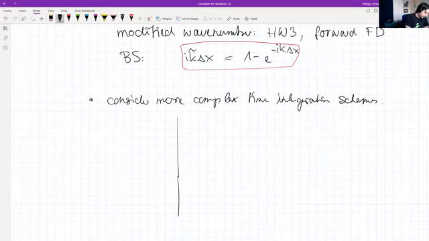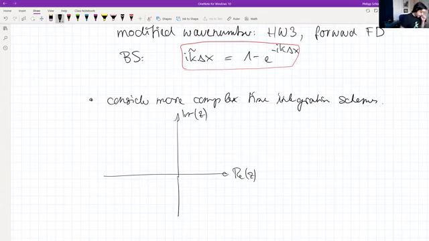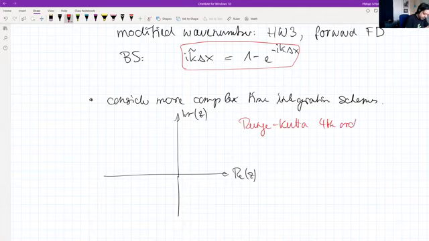So if you plot again, this is the same plot. We have here the real part of Z, and here we have the imaginary part of Z. And if we now plot an RK4 scheme, Runge-Kutta of fourth order, which you will look at in homework, I guess homework number 4, if I remember well, where you look at the absolute stability of a Runge-Kutta scheme. There, it turns out that the region of absolute stability is not a circle, but it's kind of,